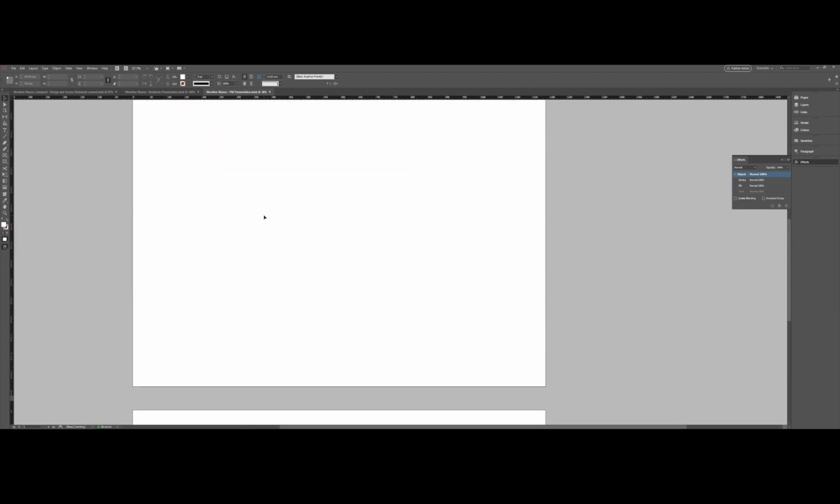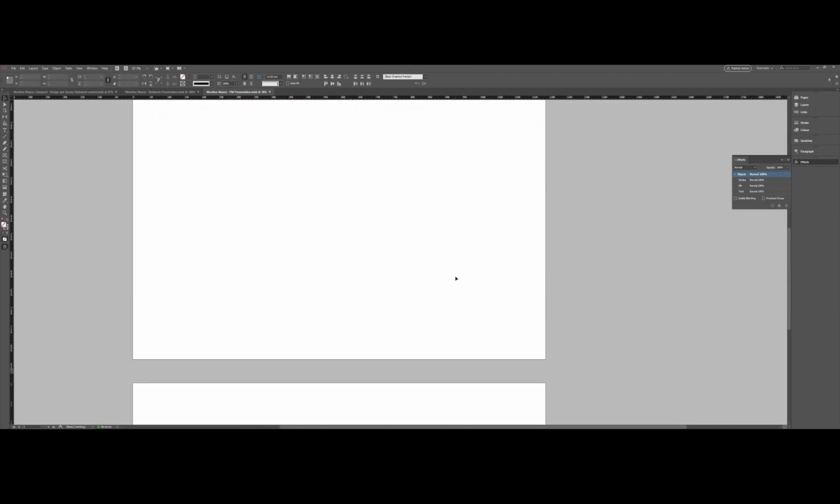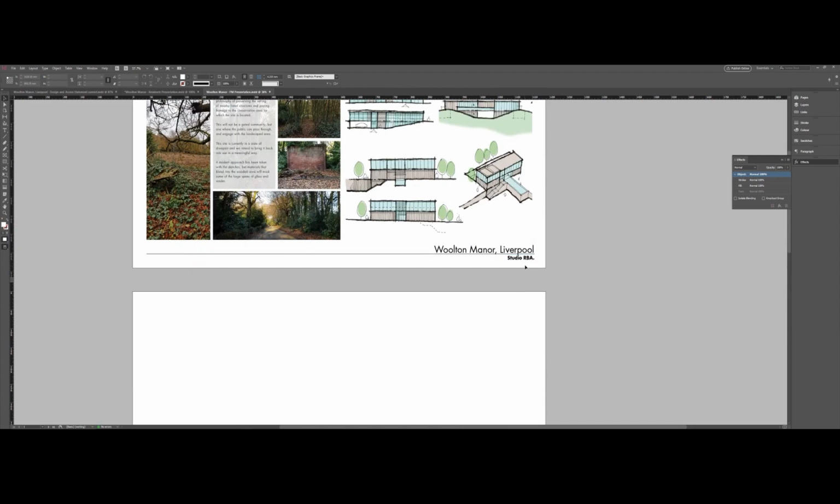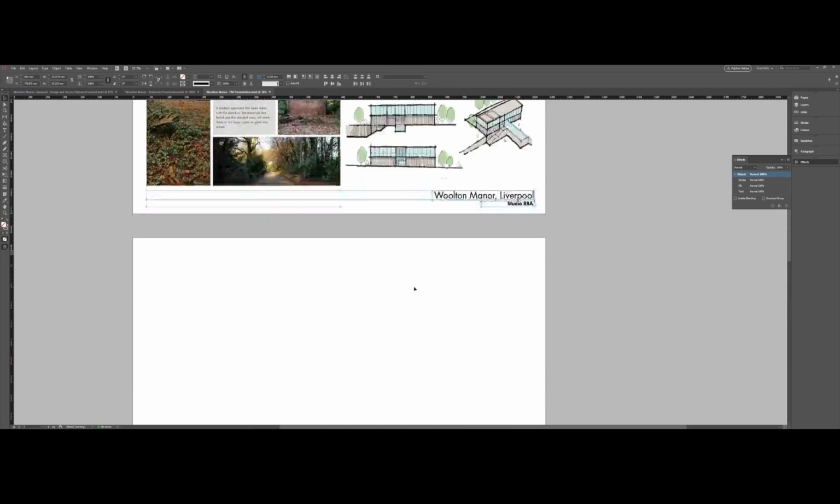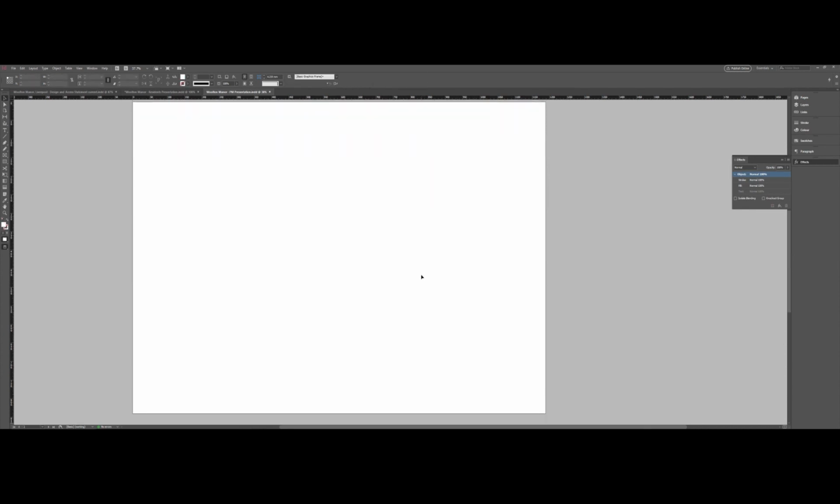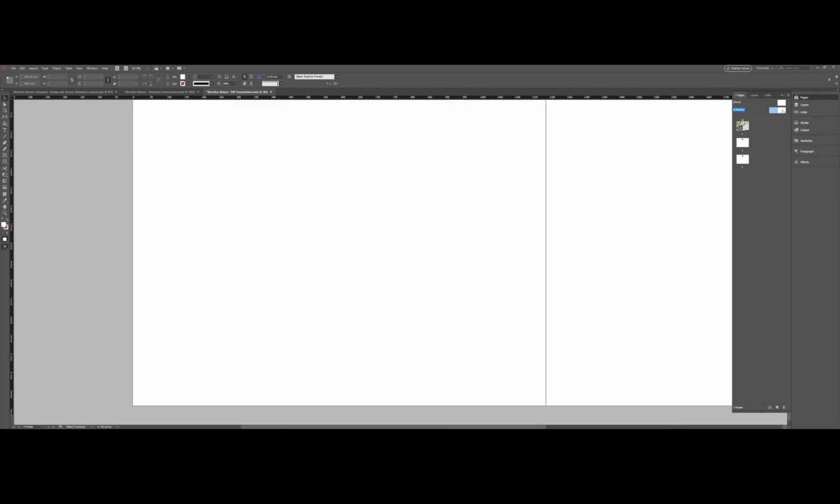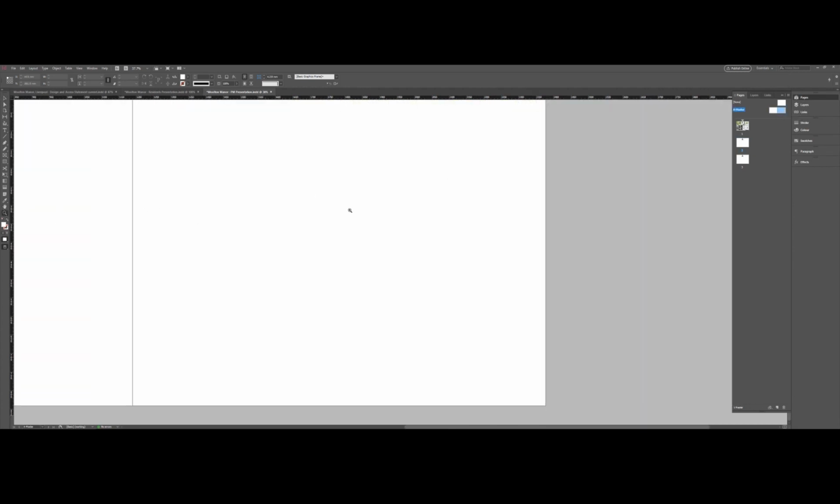Then if we go on to the next board, we want to get into the scheme. So with this footer, you can either Control C for copy and then Control Alt Shift V for paste in place, or what's more effective is if you go in pages, you can actually jump into the master